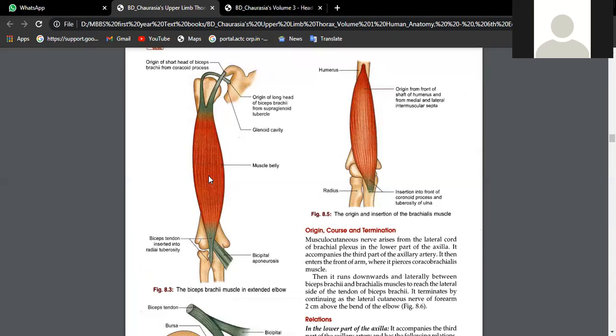So formation and fate of the pharyngeal clefts, there will be a table in the embryology textbook. You can easily refer to that. Pharyngeal plexus of nerves. What are the cranial nerves you will have? Glossopharyngeal, vagus, and hypoglossal. Cleavage lines of skin in the face. These are the lines which you will see in the epidermis and dermis, along which the lines of incision should be given during surgical techniques and also during dissection.